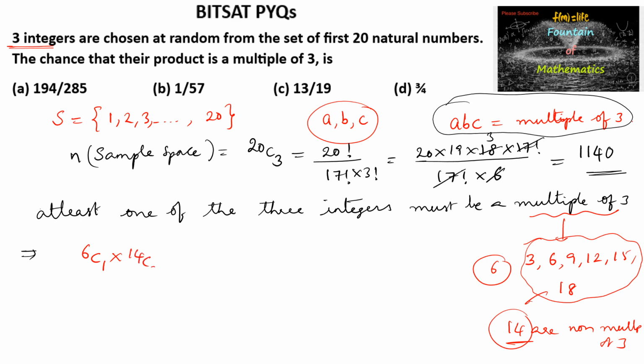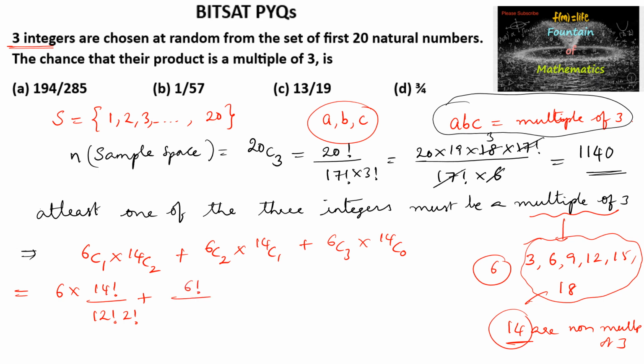So 14C2, or another possibility, among the 6 multiples of 3 we can select 2, and then the remaining element can be a non-multiple, that is 14C1. And the third case, among the multiples of 3 we can select all 3, and from non-multiples we can select 14C0. So 6C1 is 6 into 14C2 value, 14 factorial upon 12 factorial into 2 factorial, plus 6C2 value